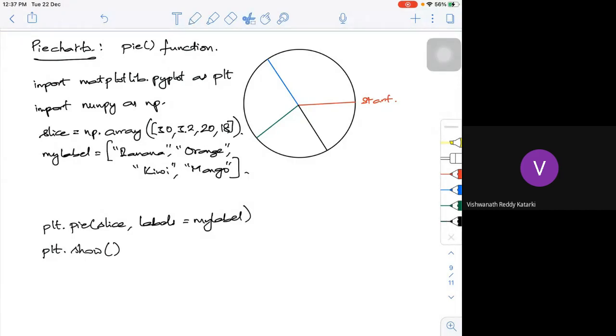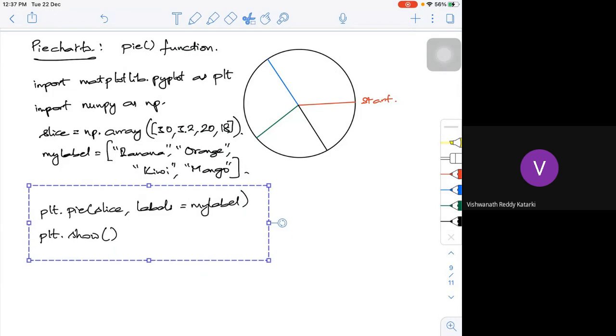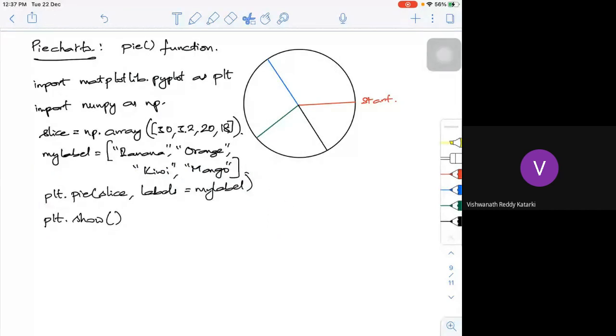The moment I give this, I'm going to get banana here, orange, kiwi here, and so on. It will also get different colors. You also have an option to choose where exactly you want to start.